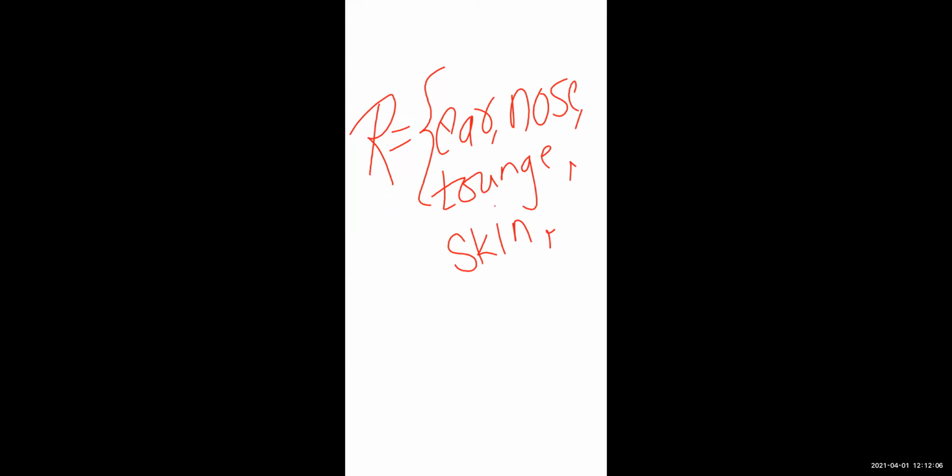So first it is ear, nose, tongue, then skin, and last one is eye. So here the set is completed. So close that curly bracket. So here it is the list. This is the way to write down the set or to make the list.